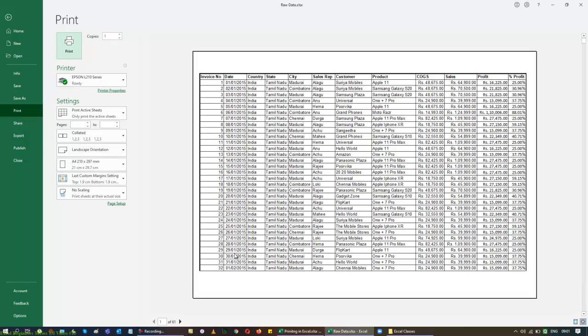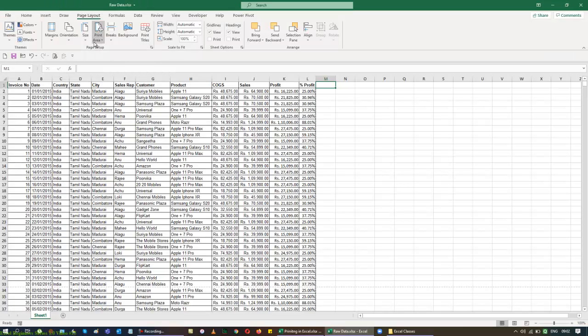Now I've switched back to our A4 paper, and I made this an A4 size paper, changed the orientation to landscape, and made the scale 100%. Now we have one more option. I can set up a print area here. I can give a break in a page. So when you want to set up a print area for your list, you can set something specific. For example, I want the first 10 bills alone to be printed. Then I can select that alone and set a print area.